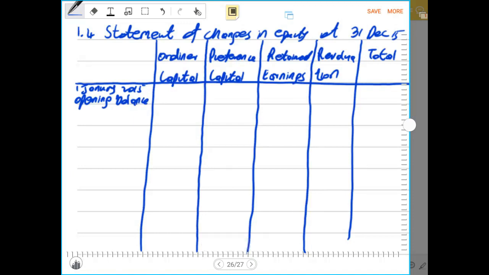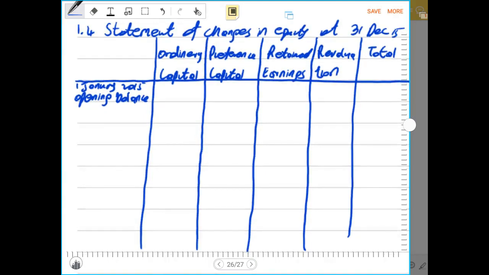Now you have to know that here we record opening balance, the issue of shares, the redemption, the buyback of shares. We write the dividends that were declared. We record the rights issue. We record the capitalization issue. We record the redemption. We record the share issue cost. We record the premium. We record the revaluation surplus. We record the profit for the year. So now all that gets to be recorded in this one statement. Memorize everything that comes here so that you are able to copy and paste what belongs only in the statement.